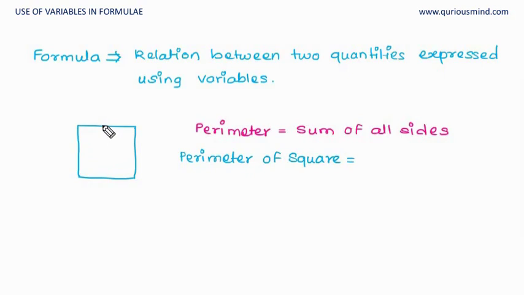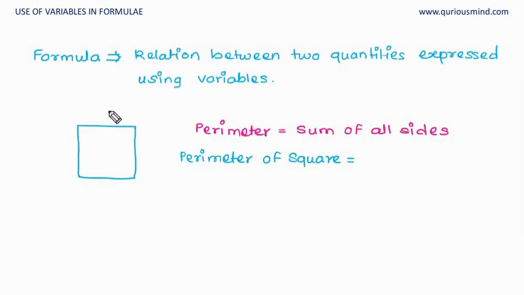Will we have squares having the same side, always the same side? For example, this is a square of side, let's say 5 centimeter. Now we have to calculate perimeter. Do we have to always calculate perimeter of square of size 5 centimeter? No. Sometimes we have to calculate perimeter of square of 10 centimeter, 15 centimeter, 12 centimeter, 1 meter, 3 meters. So the length of the side is going to change, and because it is going to change, we will use a variable to denote that.